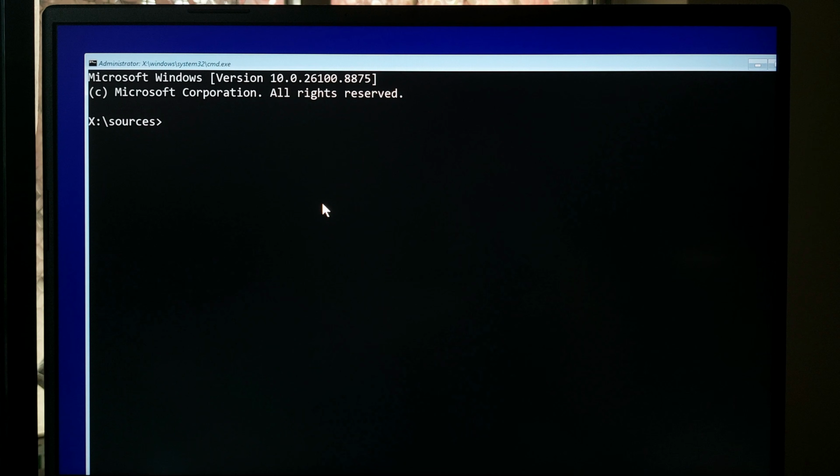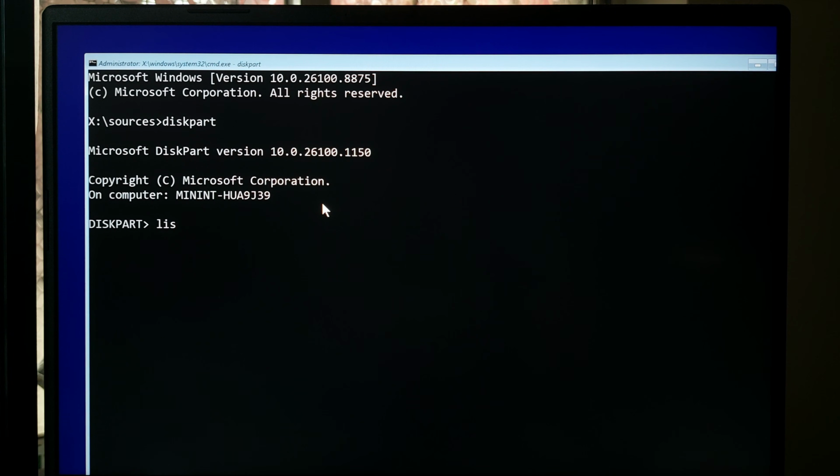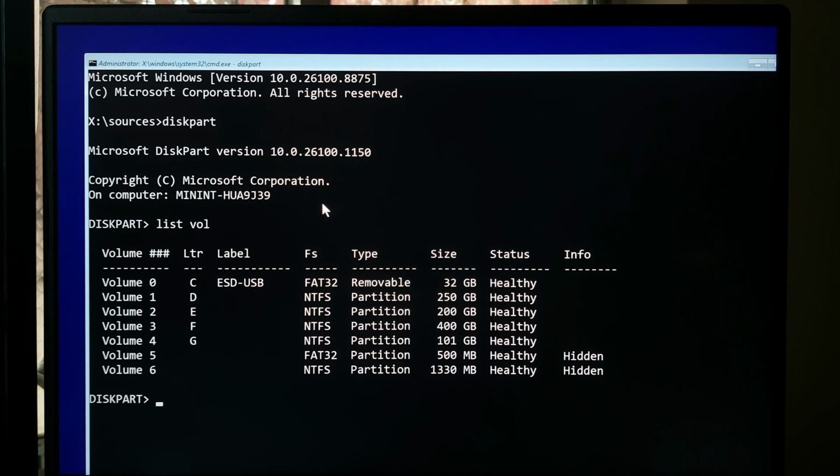After opening command prompt, the first thing we need to do is identify which partition contains your Windows installation. So first type here DiskPart and press enter. Now type list volume and press enter. This command displays all the volumes and partitions currently detected by the system. Look through the list carefully. You are mainly looking for two things. The EFI System Partition, normally formatted as FAT32 and usually around 100 to 500 MB, and the partition containing your